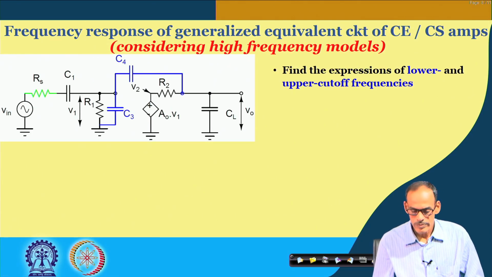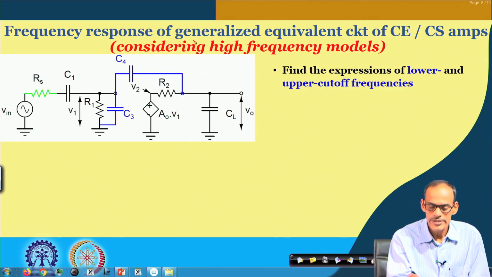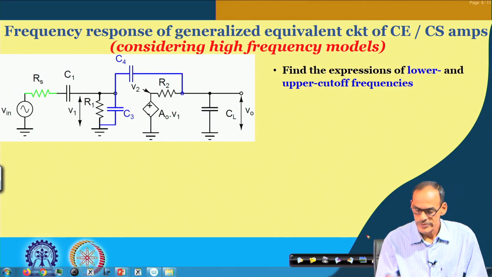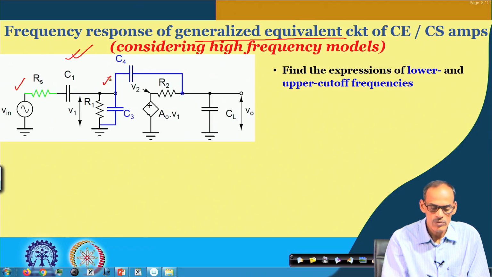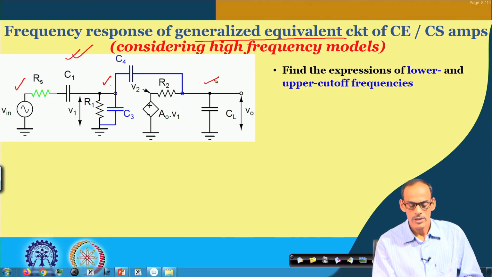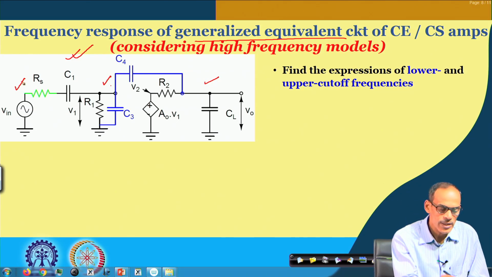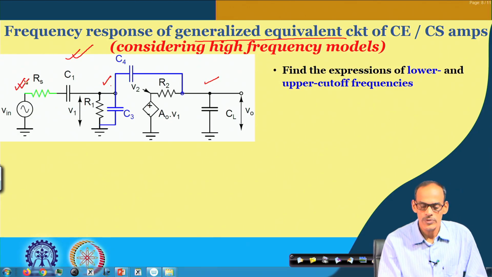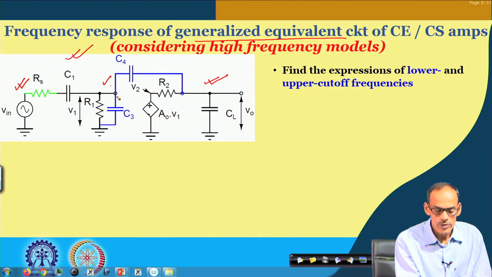Okay. So, we are coming back to the generalized equivalent circuit of the CS amplifier, which is given here. From this point to this point we got the frequency response, and from here to here we will be getting another part of the network, and hence we can get the frequency response starting from the primary input till the primary output. So, to start with, we already have discussed that